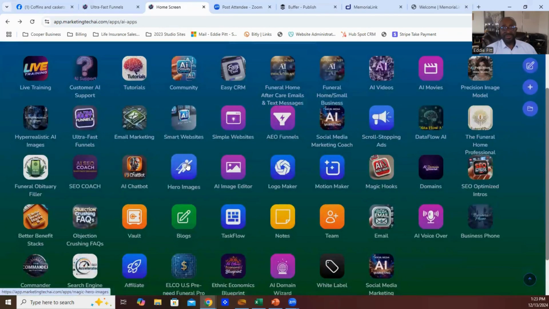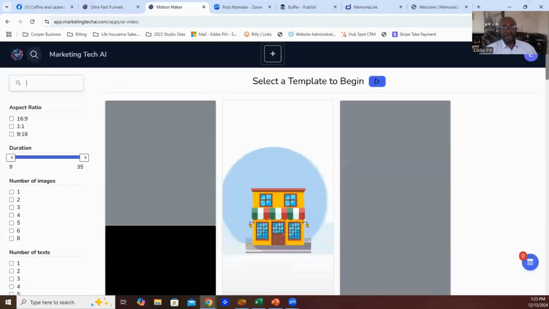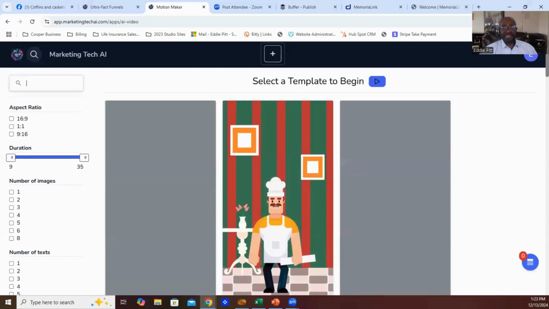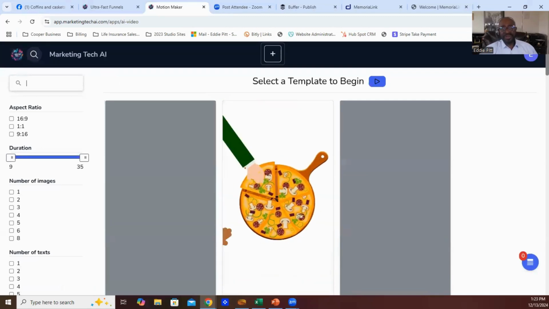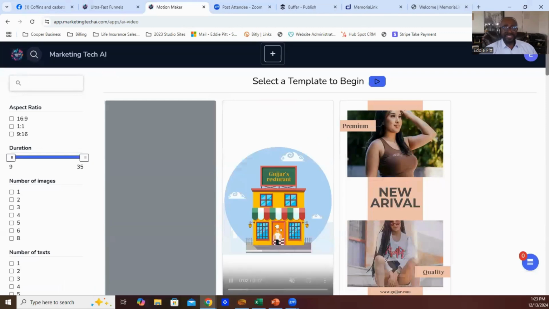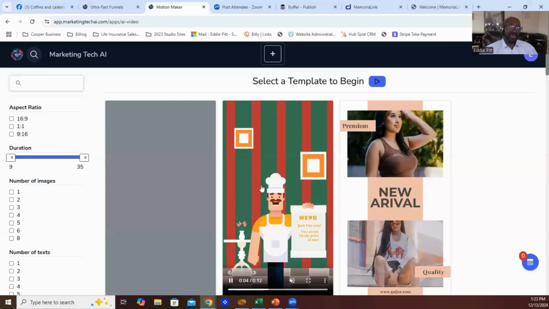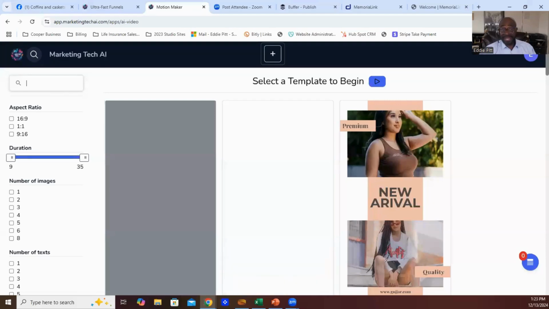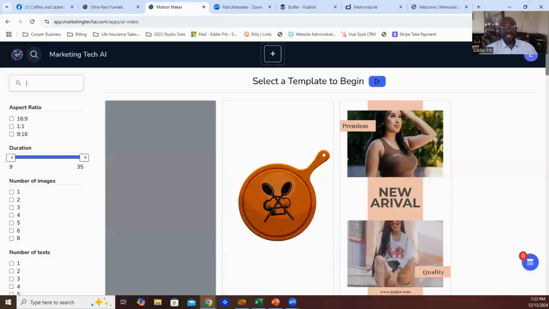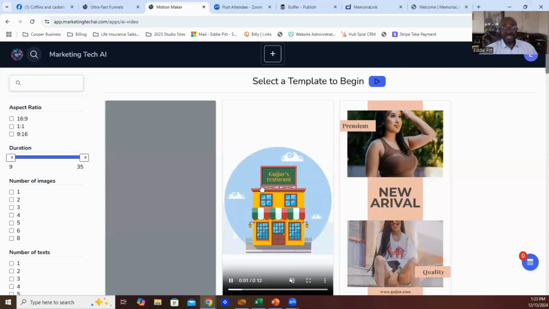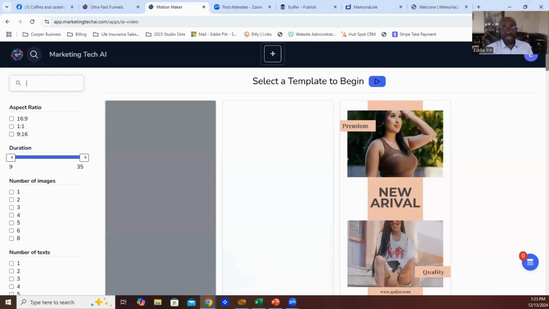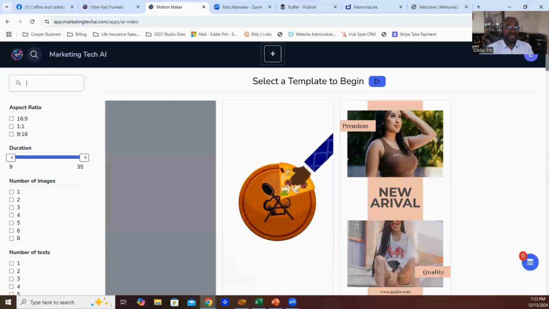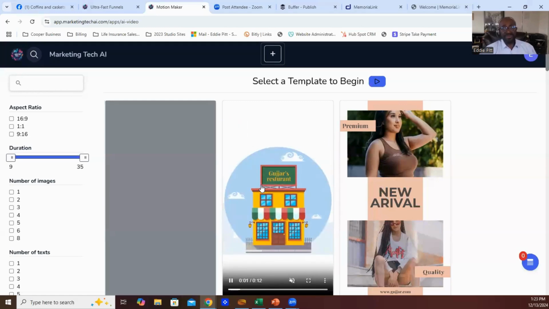Dashboard and all the tools that are available. Motion Maker, I'll just stop there for a second. We're going to go through all of these step by step. You ask questions. And as part of the first crew, we can even jump on individual sessions, and I can maybe do it for you, because some of it's not that complicated. And again, I'm not a computer specialist or anything, but just following simple directions. When you look at those tutorials, you just pause it and do what they showed you on the tutorial. And then go a little farther, pause it, and do the same thing. Same as you're going to do with this video recording here.